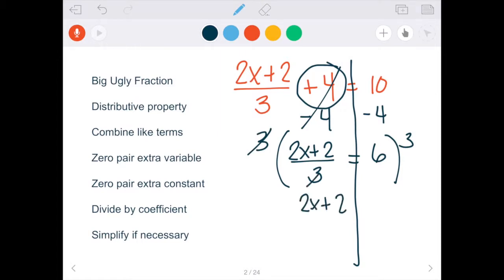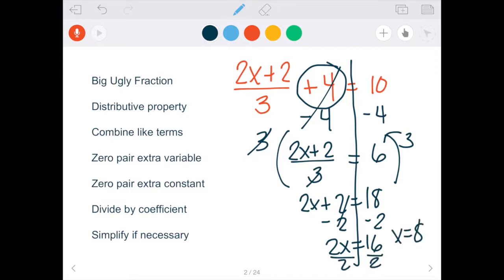2x plus 2 equals 18. Right here, don't forget to multiply. And then I can subtract 2 and divide by 2. Okay, so we have to watch out for a situation like this and make sure we take care of that first before we touch our big ugly fraction. Okay,